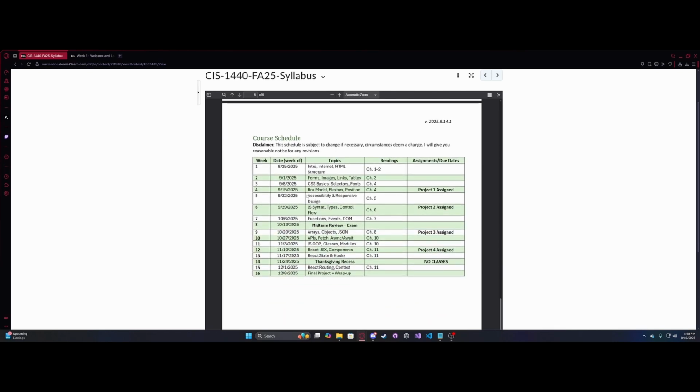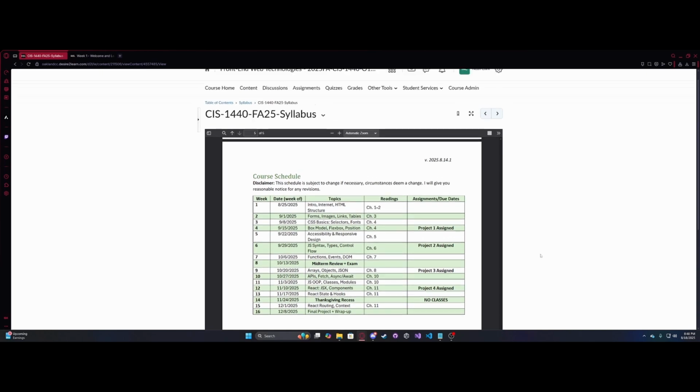And then down here at the bottom is the course schedule for the class. Here you will find all of the readings for the course. You'll see where the midterm is. I have on here when the projects will be assigned. Typically, you'll have a couple weeks to complete the projects, but under the projects when they're assigned, it'll tell you when it is due. And you can see each of the weeks here and each of the topics that we'll be covering for each of those weeks. And note when Thanksgiving recess is right here, this week of the 24th of November.